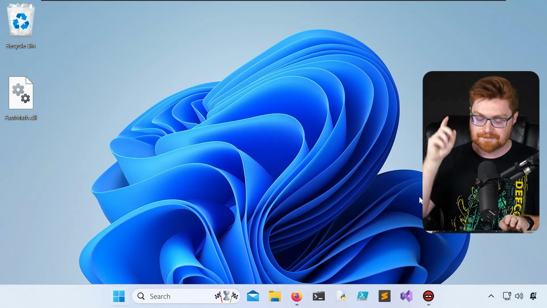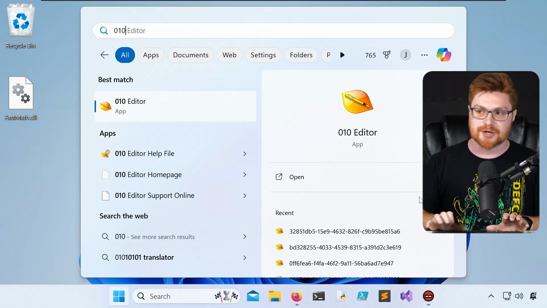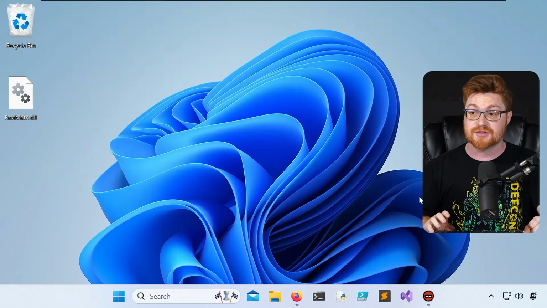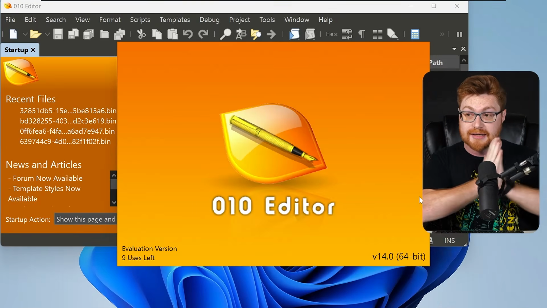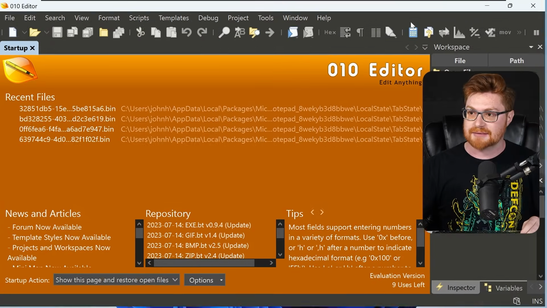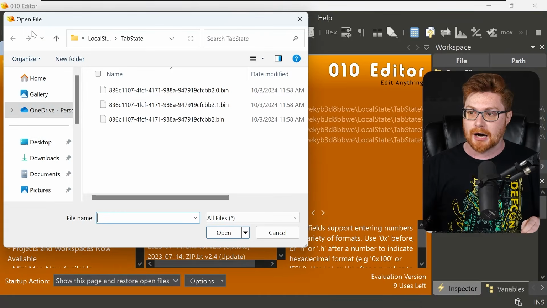All because of ASLR, the address space layout randomization. So what we can do is actually open up the 010 Editor, and I've got to give huge props, big shout out and big thanks to Nord Garen because he's taught me this. If we were to try and open up the